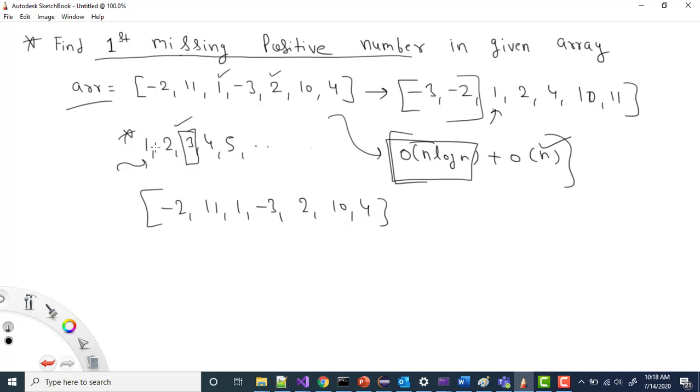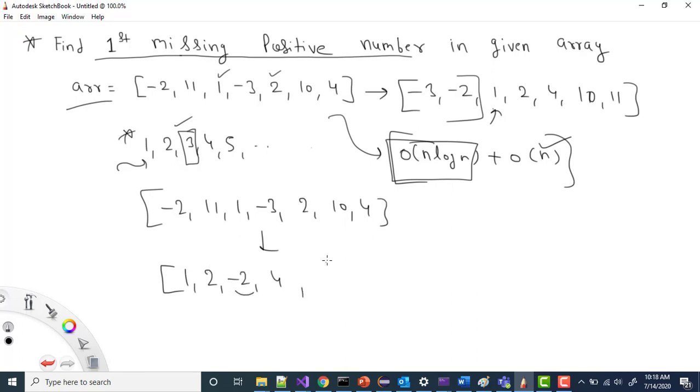Now let's say I arrange this array in this manner. It will be something like this: because we have 1, it will be there, we have 2, it will be there, now we don't have 3, so in place of 3 there will be some other number. So let's say we have -2, now it will be 4, because we have 1, 2, but we don't have 3, so there will be some arbitrary number there.